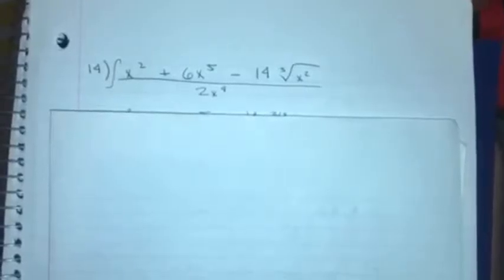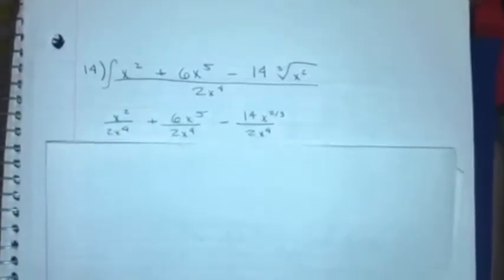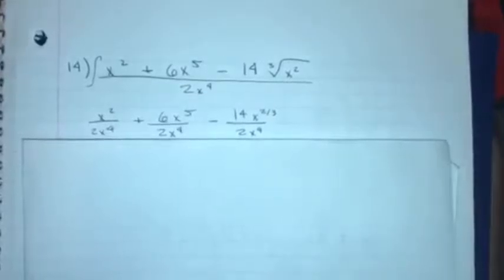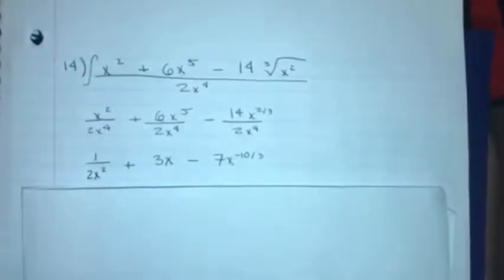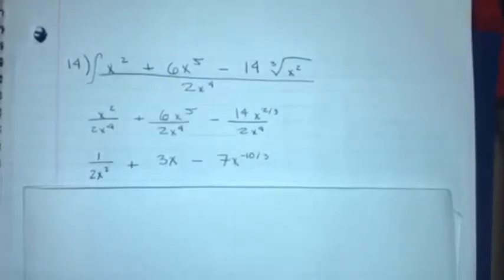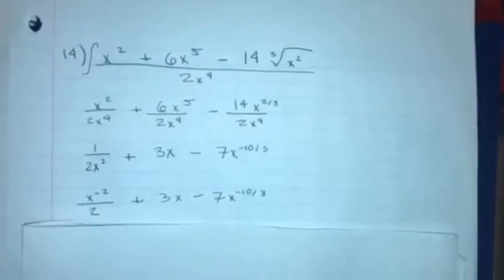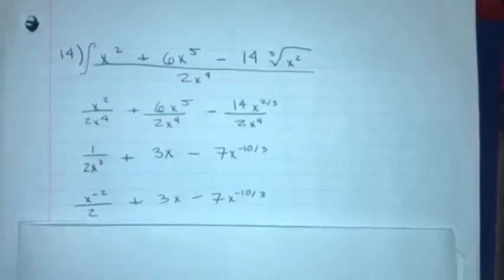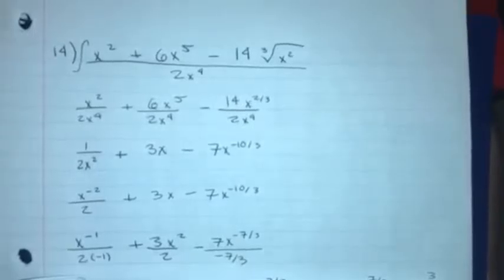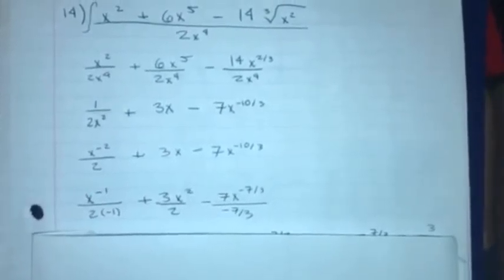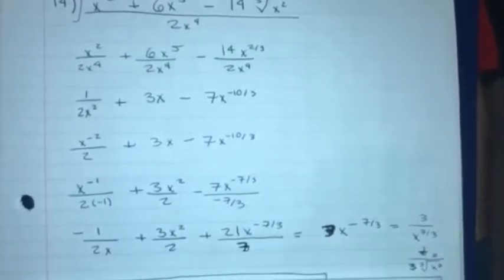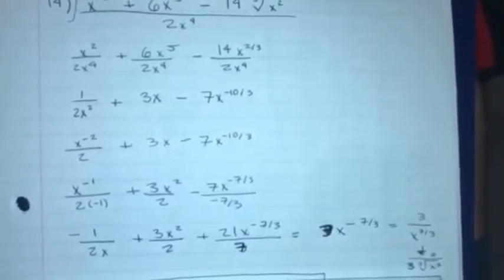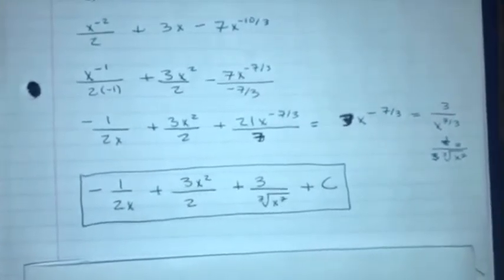This is problem 14. First, we need to organize each term and divide each term by the 2x to the fourth power. Then we can simplify. We simplify each term. After simplifying, we pass all the x to the top in order to integrate. Then we can integrate. We integrate each term separately. After integrating, we pass all the negative exponents to the bottom. And our final result